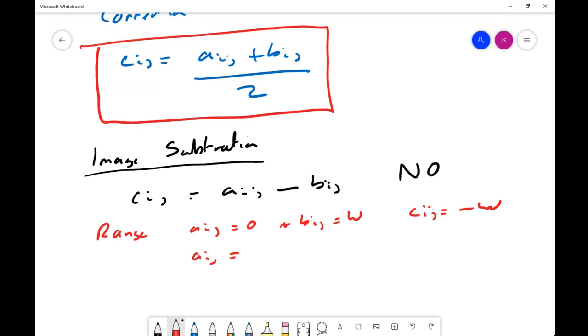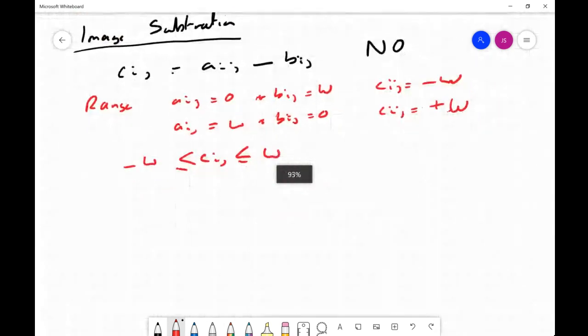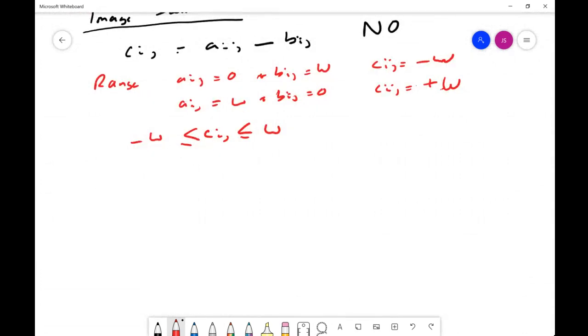If Aij is absolute white and Bij is black, then Cij, if I use this equation, is going to be plus W. So we have at this stage a range: Cij is less than or equal to W and greater than or equal to minus W. It needs to be brought into range of the imaging system, 0 to W. So the correction factor